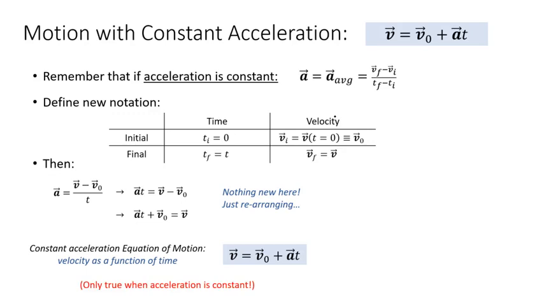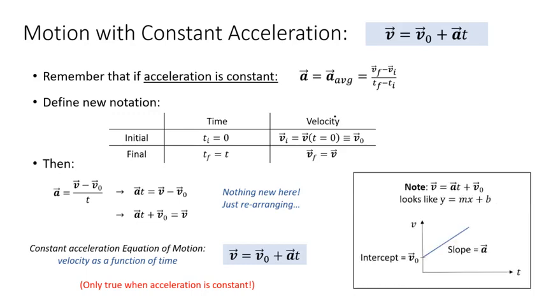It's important to note that this is only true when the acceleration is constant. It would be true if I had a average in there instead of the instantaneous acceleration a at any time. But when we have just the a in there, that means this is only true if we have constant acceleration. In general, in this class, we're going to have constant acceleration.